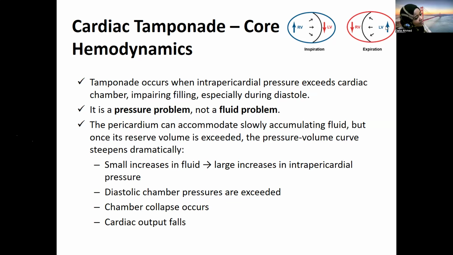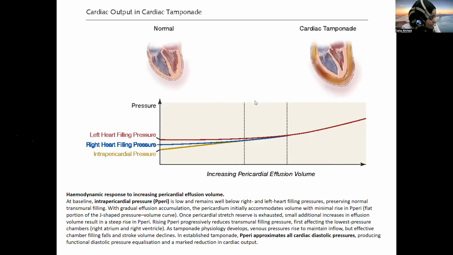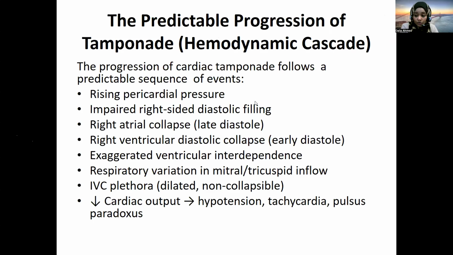So the left ventricle slightly increases, and to increase its filling, the septum shifts to the right side. So the septum shifts from left to right to allow each chamber to fill during inspiration and expiration, and that can be clearly seen by echocardiography, and this is what we call exaggerated interventricular dependence,